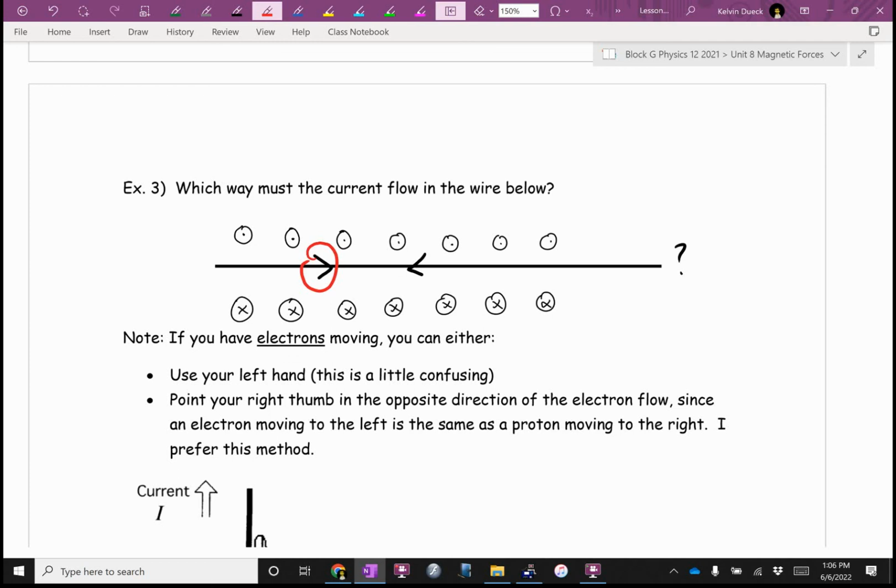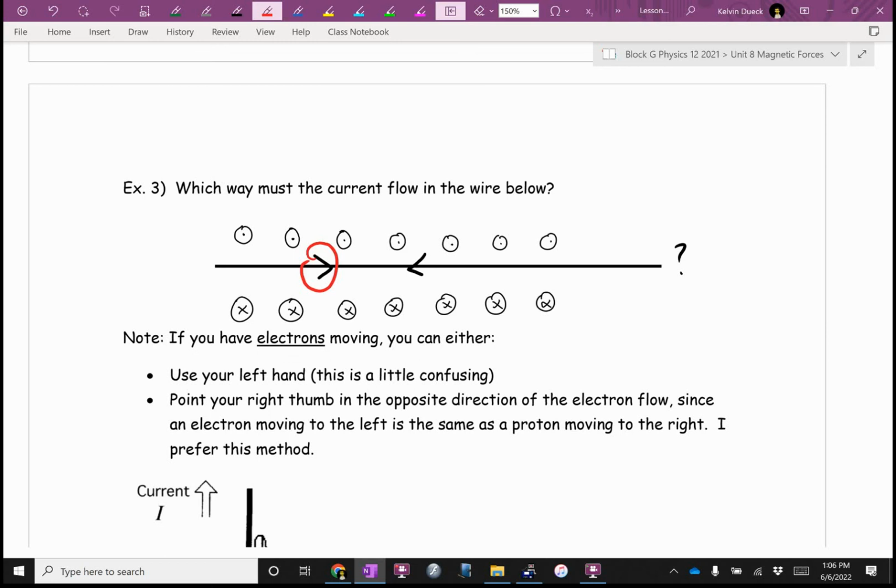We're going to practice this. I have a whole bunch of practice. Oh, the right-hand rule works for positive charges. If you have electrons, you have 2 options. You can either use your left hand, which I find confusing, or I find it easier just to say, you